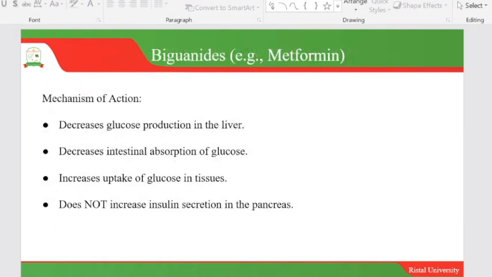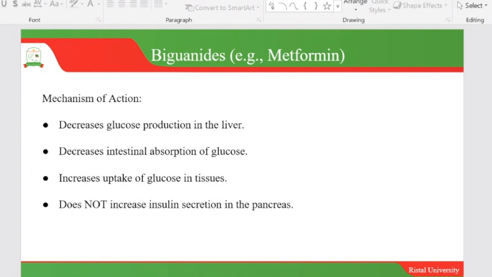So let us look at how the biguanides can be used. One example of them is metformin. So the mechanism of action: these biguanides decrease glucose production in the liver. They also decrease intestinal absorption of glucose. So the aim here is to make sure that the glucose that is in blood circulation is as minimal as